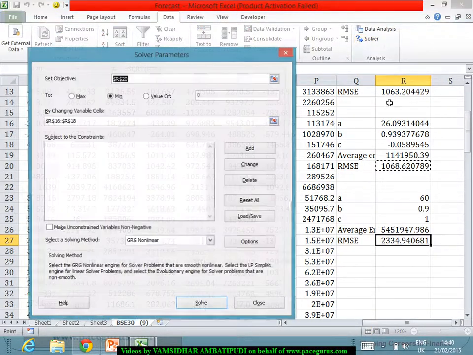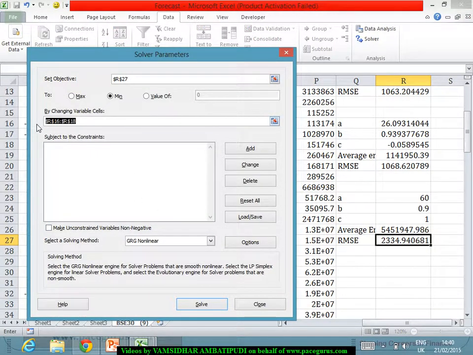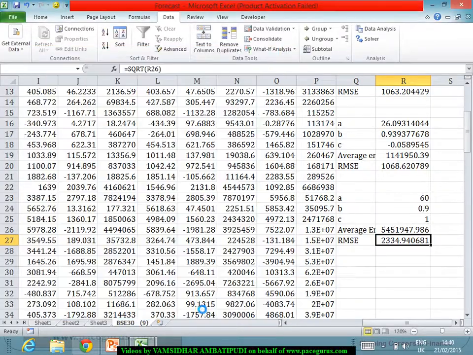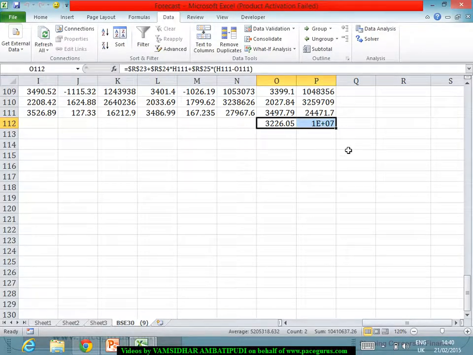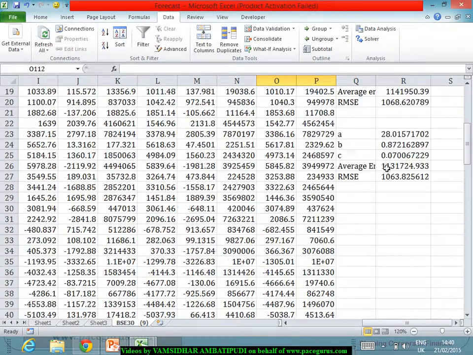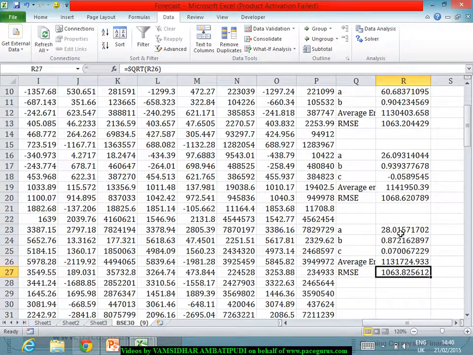My intention again is to minimize this using solver. Minimize this by changing these three things. And even in this, I think we have got something additional here. So let me take that out and see, here the error is coming out to 1063 again. 0.2 and 0.82 slightly on the higher side here, but otherwise this model is simply saying 28 plus 0.87, either this or this, both of them are giving more or less similar levels of RMSE, so I can rely on this model or on this,